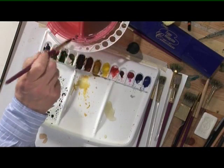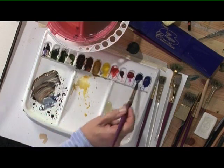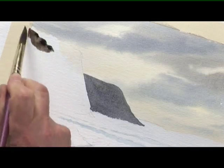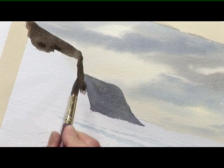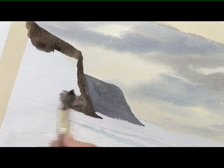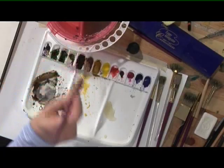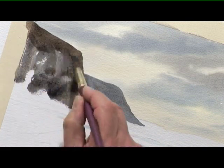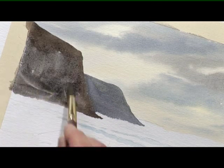Then, very quickly, paint in the other part of the headland, so ultramarine and burnt umber. Slightly darker, and run that down again into the sea, just a little bit lower. Some blue. So paint that in quite quickly, straightish line along there, and again before it dries,